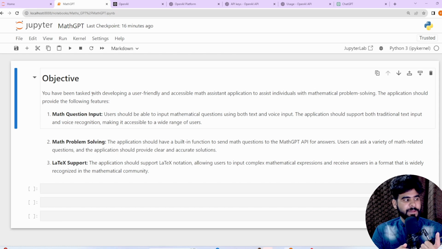The first feature is math question input, where a user should be able to input mathematics questions using both text and voice input.